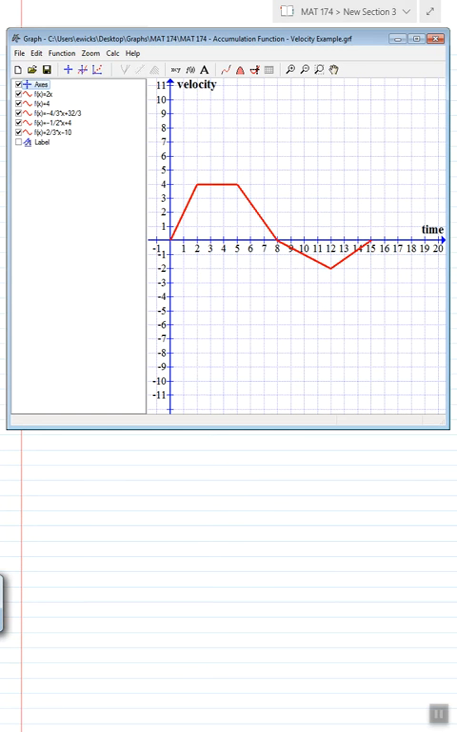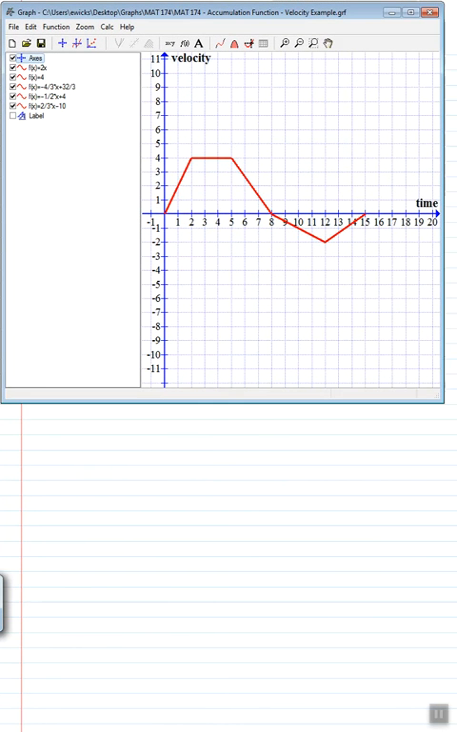Okay. So let's look at this picture and say that red graph that you see there, I have it labeled as velocity and time. So let's say that red graph is the velocity of an object over time. Okay? Now, let's define big F of x